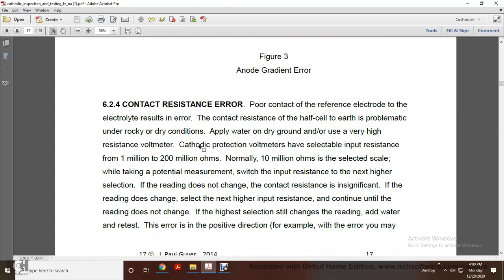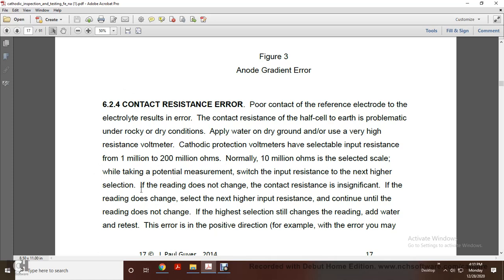6.2.4 Contact resistance error. Poor contact of the reference electrode with the electrolyte results in error from the contact resistance of the half cell with the earth, which is problematic under rocky or dry conditions. Apply water to dry ground and use a very high resistance voltmeter. Cathodic protection voltmeters have selectable input resistance from 1 million to 200 million ohms. Normally 10 million ohms is selected. Take potential measurements at the input resistance and at the next higher selection. If the reading does not change,